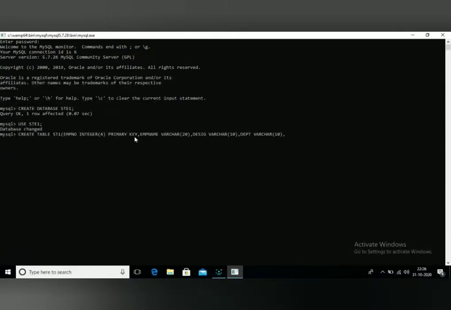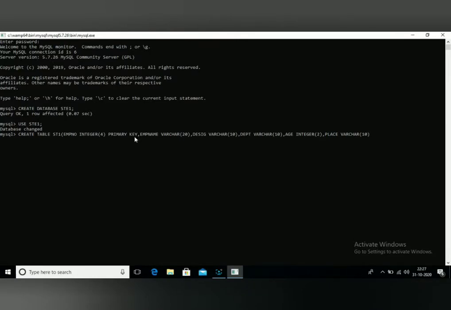Then the next field. Suppose you want to give age, we give age. So for age here we must give the data type that is called integer. So I'll give integer. And if you want to give a maximum size, you simply give 2. Then suppose you want to give one more field that is called place. So for place, Chennai or any city, Tirunelveli or anything, so I'll give place. Here also it is a string, so I'll use varchar. Then for this place also I'll give 10 or 20, anything.